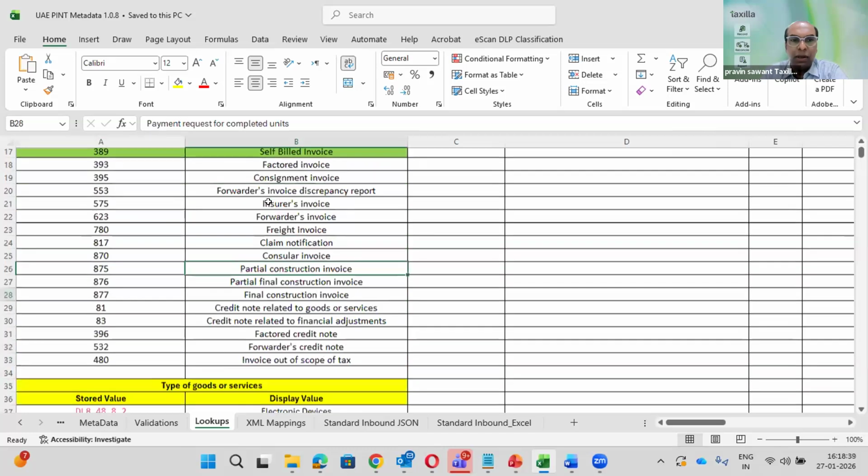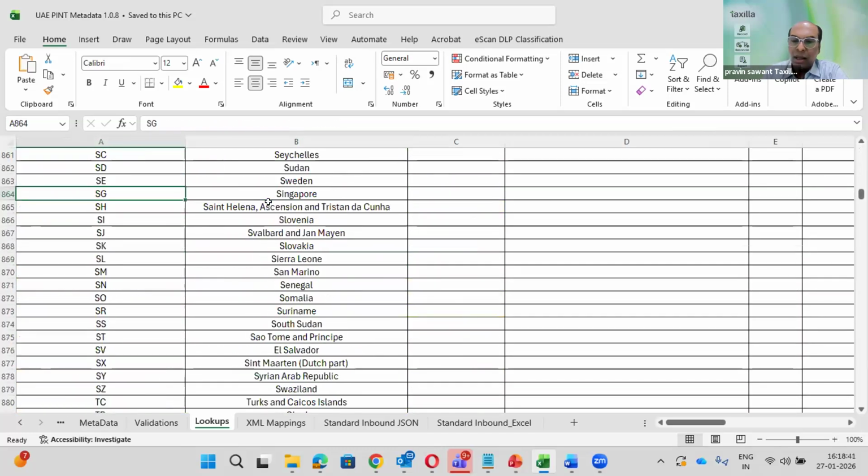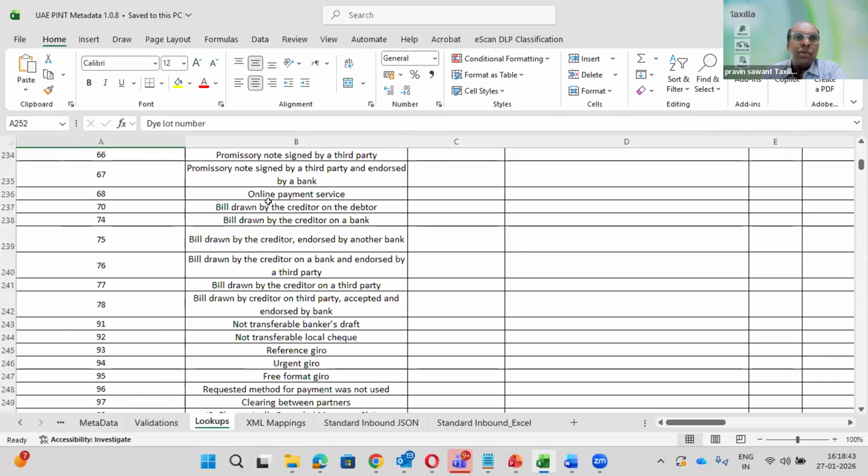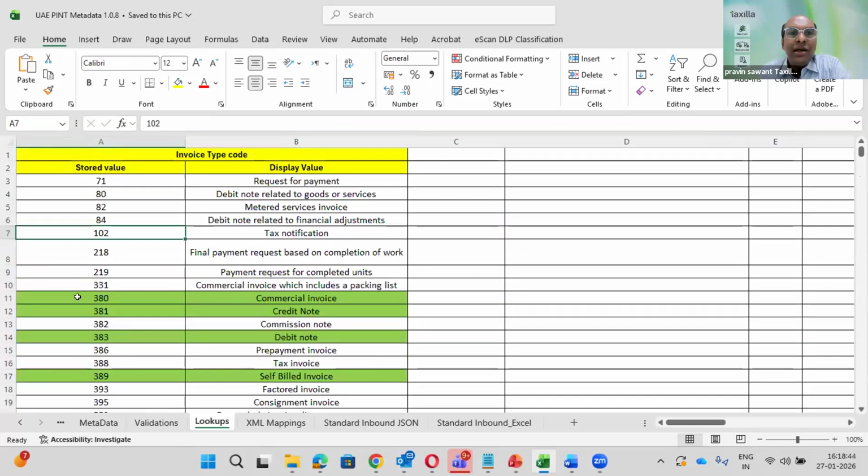There are many lookup tables. You can see the list completely here. Now here, the main thing I wanted to tell you about this lookup table: if you choose to customize all these fields at master-level data in your accounting or ERP system, it will be a very huge job. And also, if any changes come from the FTA, you have to rework on your ERP side.